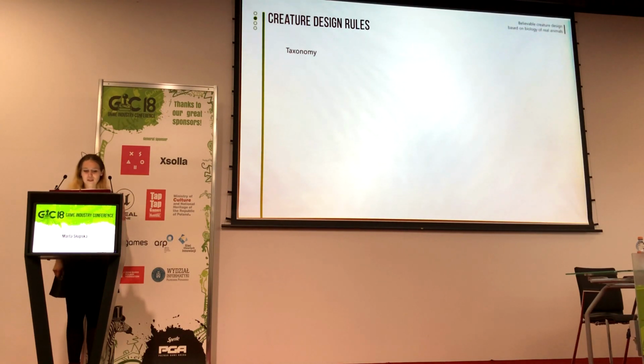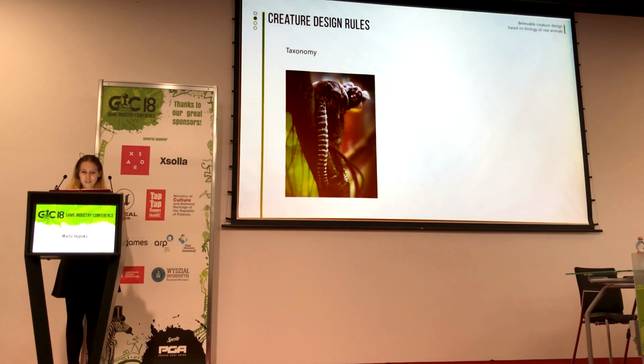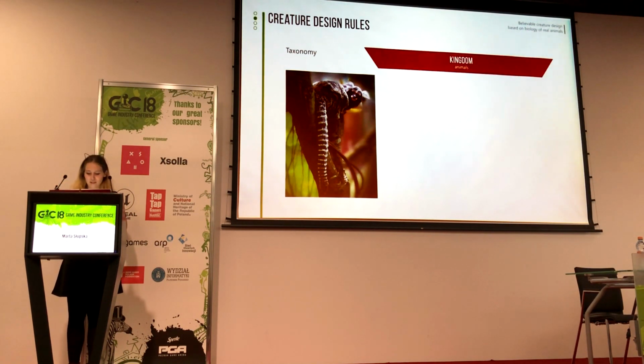Okay, so now we will switch to very specific biology sciences, and the first one is taxonomy. Taxonomy is the science that divides animals into smaller groups depending on how they look or how they are built. So we will do the taxonomy for this marmoset. This is a little marmoset here. And the first group is the kingdom. In very simple terms, kingdom is whether it's an animal, a plant, or bacteria, but this is a simplification, there are many more. So in this case, this is of course an animal.